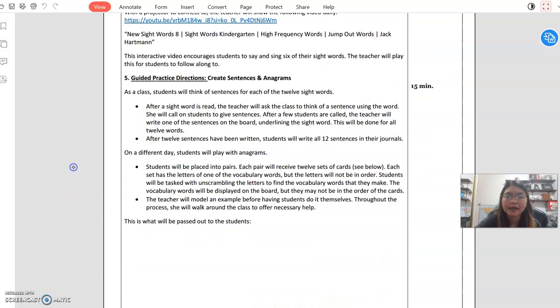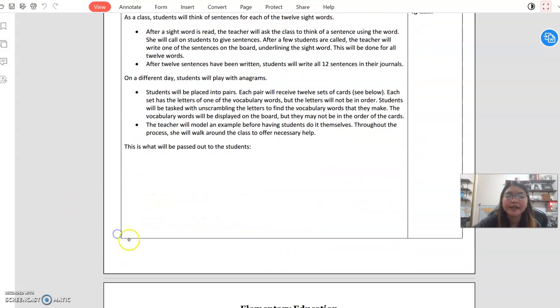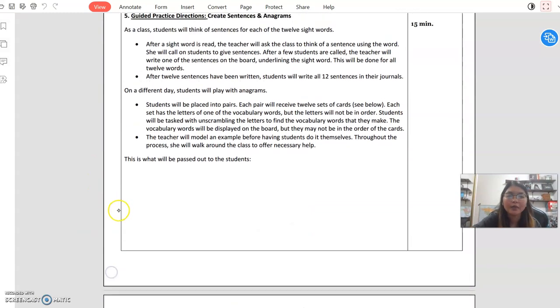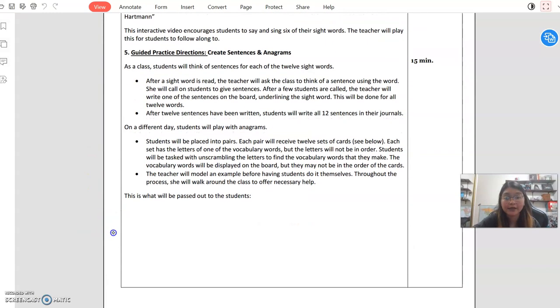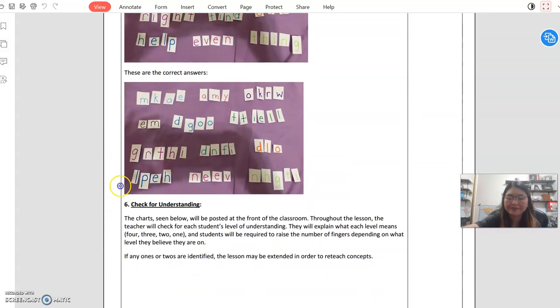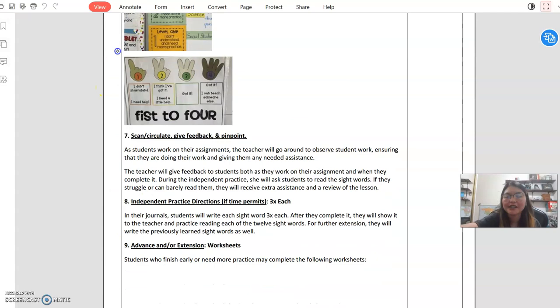For the guided practice, I have creating sentences as well as anagrams. My students really enjoy anagrams. The only problem is that for me, it takes quite a while to prep it. But it's a good way for them to practice their spelling of the sight words. Then my check for understanding,